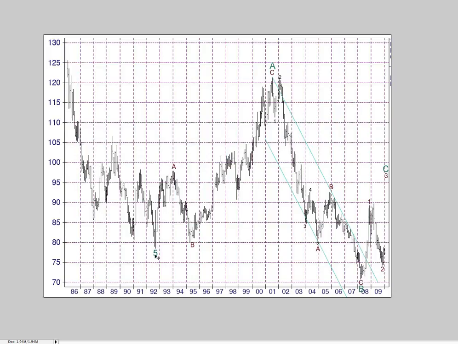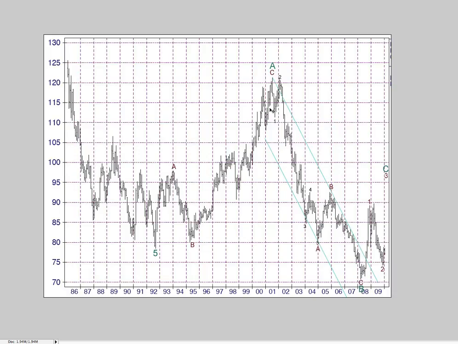We know it's a flat correction because A is broken down to a 3-wave structure. B obviously has to be broken into a 3-wave structure, and this looks like a pretty good one. It's really nicely contained in its own trend channel drawn using Elliott's channeling technique. First a trend line from the beginning of A to the end of B, and a parallel copy placed on the end of A with a very obvious breakout